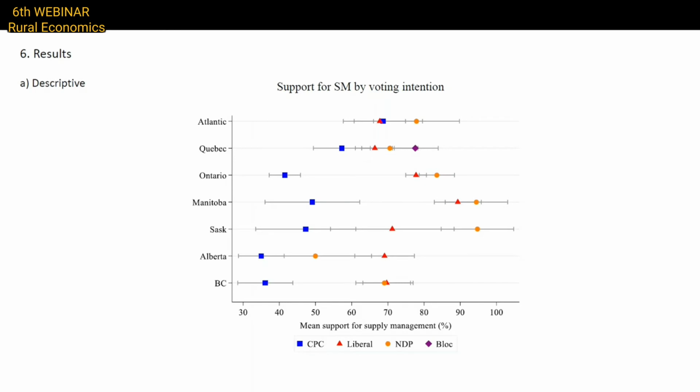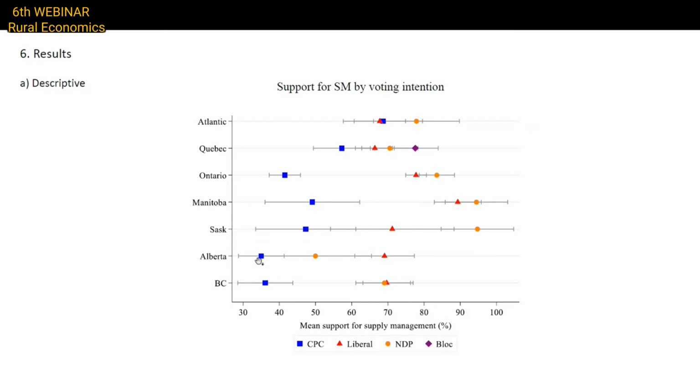I won't spend much time on this because this is probably more interesting to a Canadian audience who's more familiar with the regional differences on, particularly in this French-speaking province of Quebec. This is also by political parties, so there's a spectrum of sort of left, center, right parties in Canada, and support for the policy